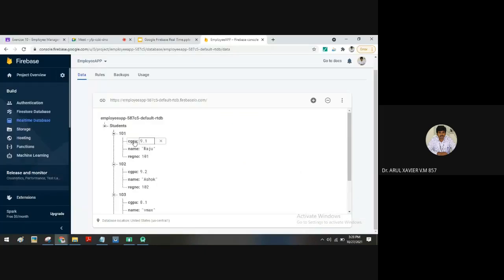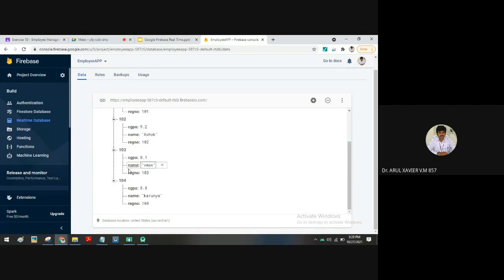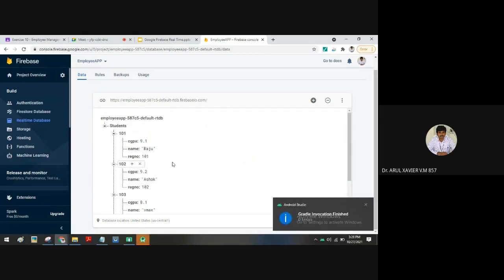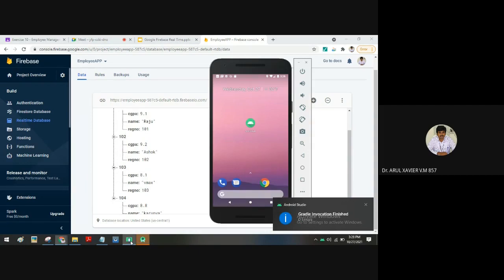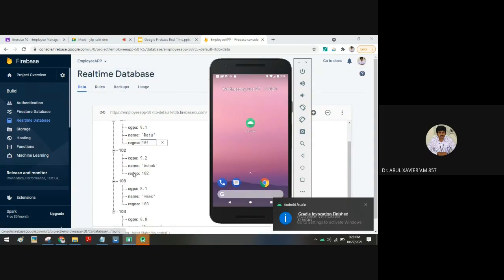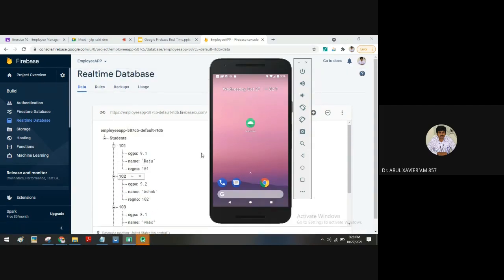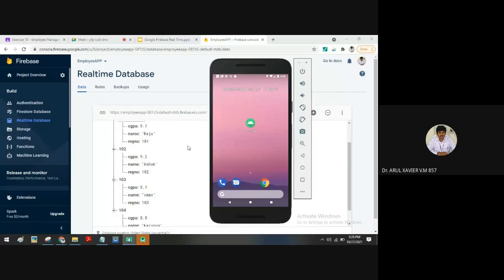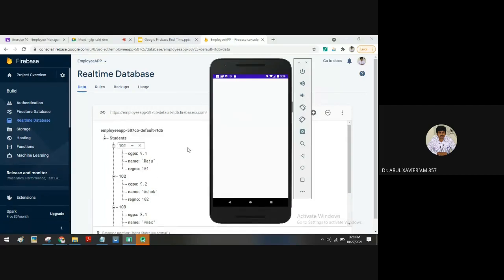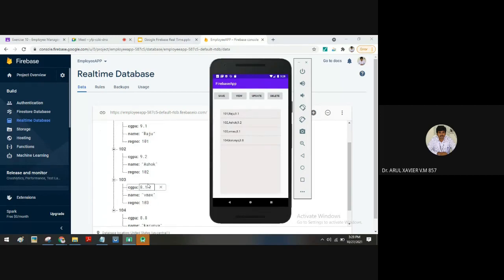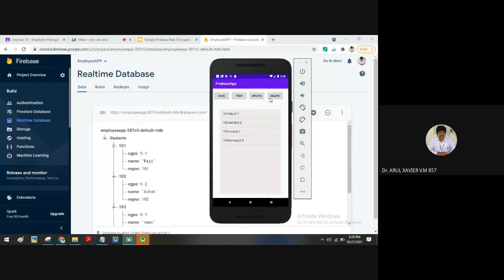So see, I have 101, 102, 103, 104. So 4 records are available. So now when I click that delete button, I'm targeting 102. Okay, the 102 record I'm going to delete. So let's see that. So first click view. When I click view, see we are able to view all the data. See 4 records we can view, and I will click delete.